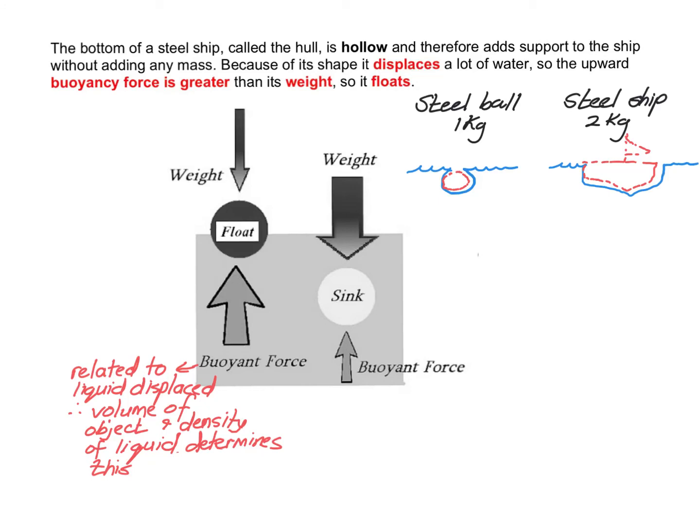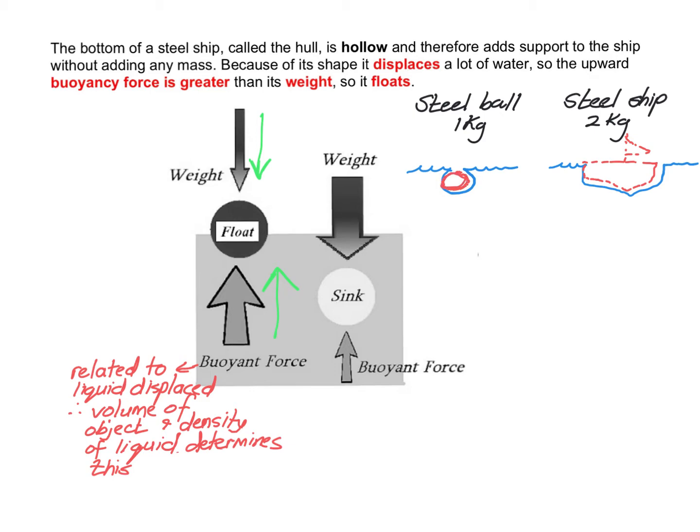When an object is placed in a liquid, there are two forces that act on it. The first one is related to its mass, which is the weight, a downward force, and the second one is the buoyant force, which is an upward force. Now, the buoyant force is related to the liquid that is displaced by the object. So the volume of the object and the density of the liquid determines this, as we will see in the examples. So if we have a look here, here is a steel ball